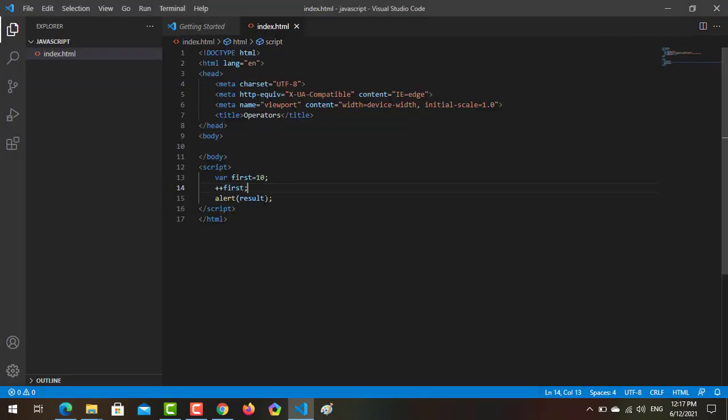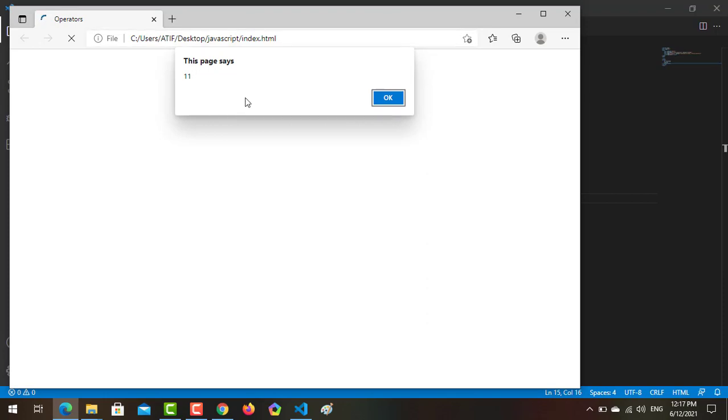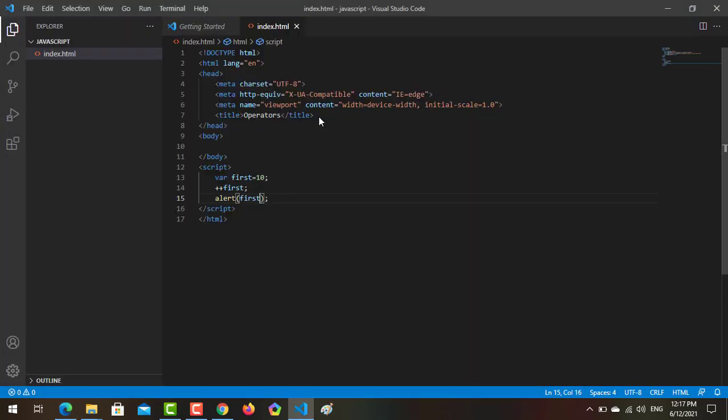So if you alert first, we get 11, so it has incremented the value of this variable by 1. This is referred to as pre-increment. It will increment first and then execute the other function.